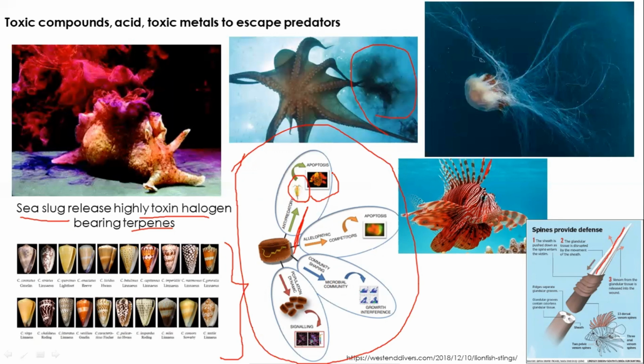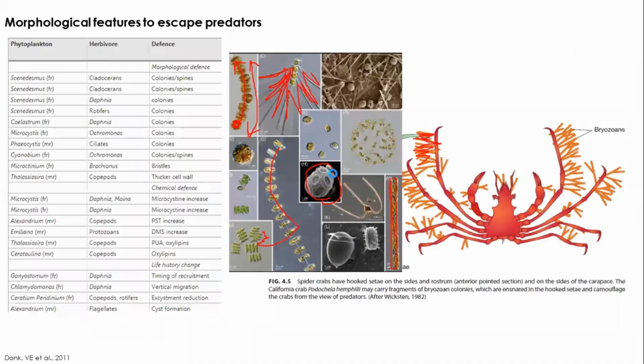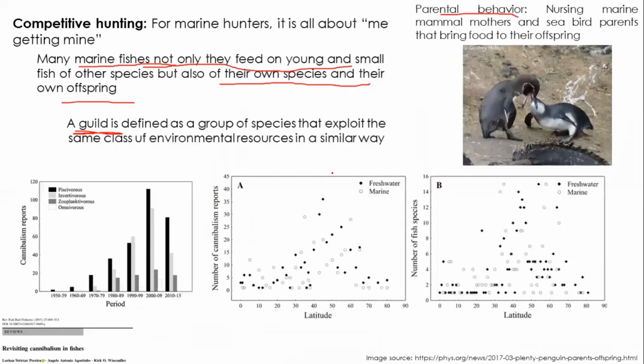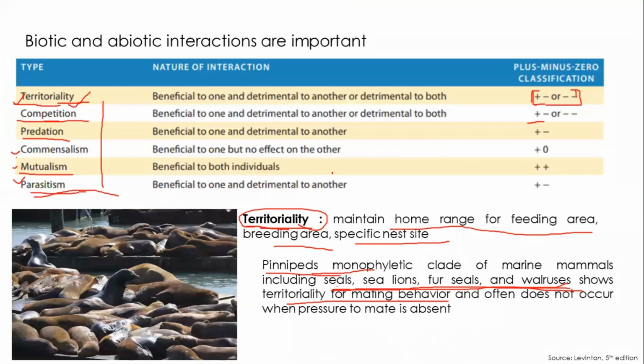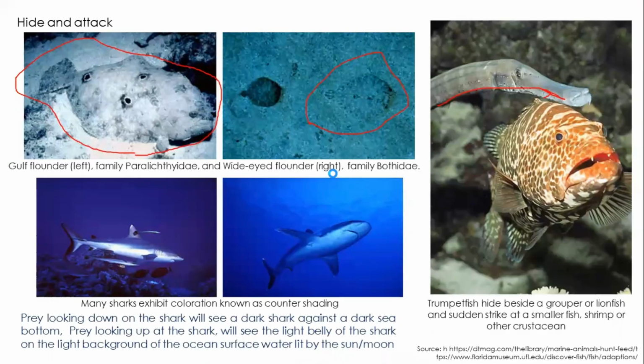Okay, so these are some of the examples of how predators escape from prey in the marine environment. I hope that now it is clear how territoriality works and how the prey-predator mechanism works. I am not going to explain mutualism, commensalism, and parasitism here, because every now and then it may come up when we are going for micro or when we are going for autotrophs and other animals. Okay,